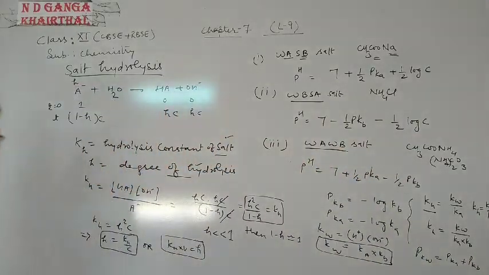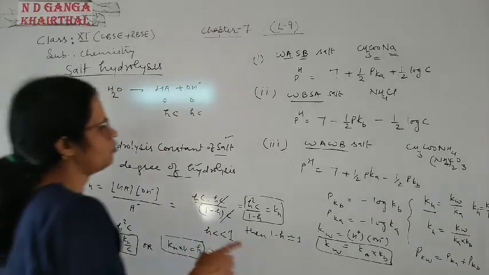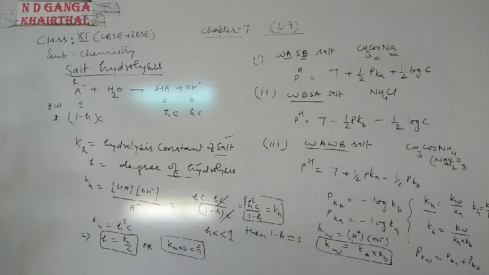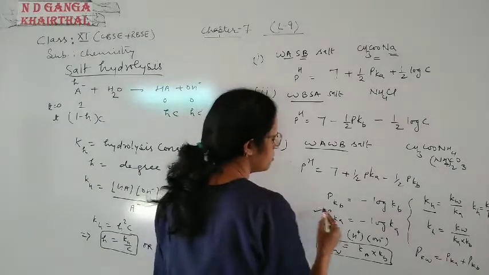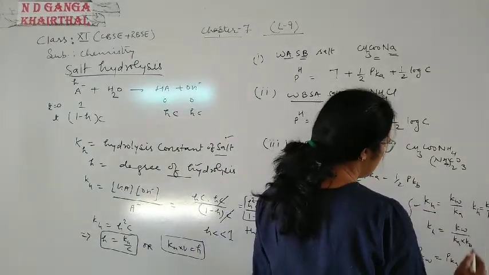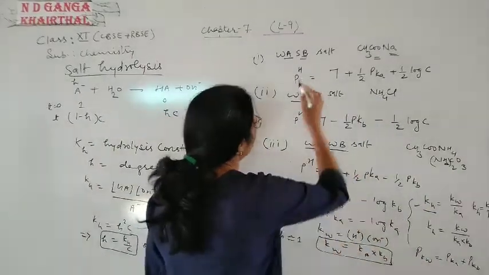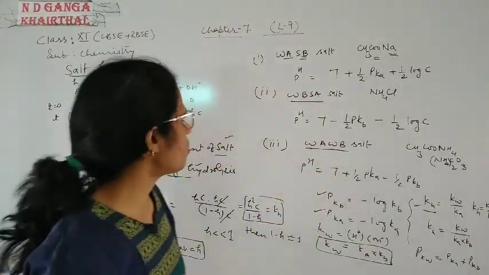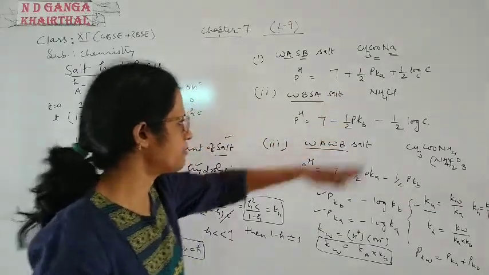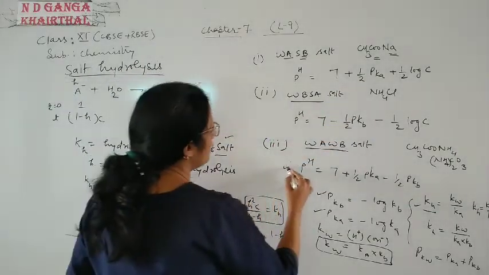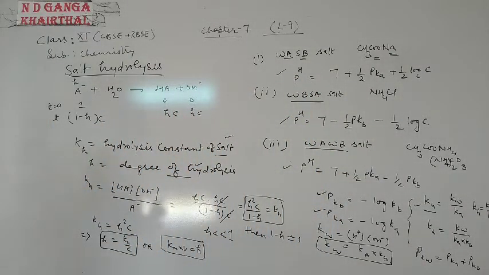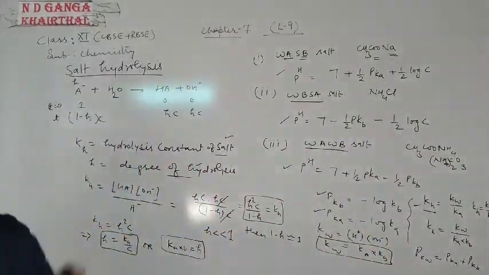So by using these formulas we can solve various types of questions in which Ka can be asked, pKb can be asked, Kh can be asked, and a particular salt is given, like weak acid strong base, or weak base strong acid. So we have to calculate the pH of these salts by using these formulas. So you should note down all these formulas.